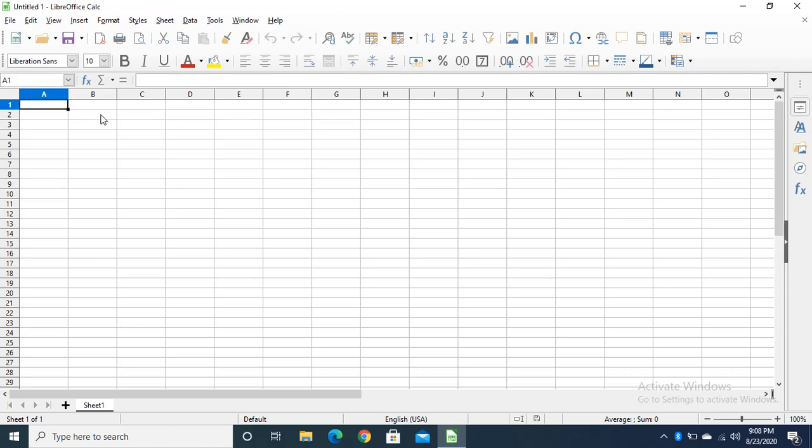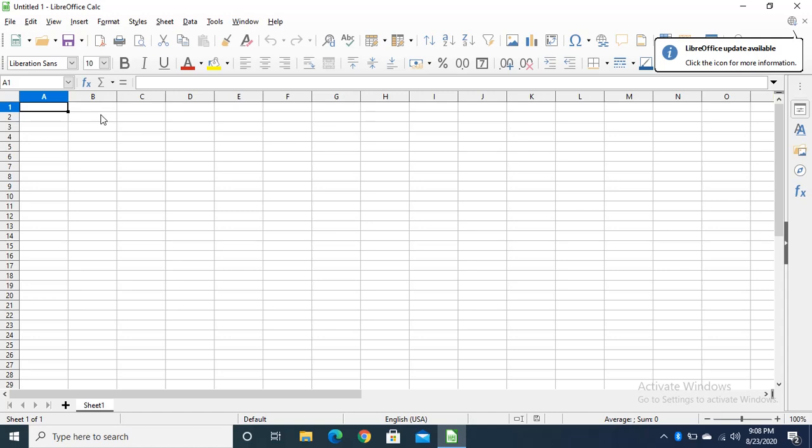Okay, next is LibreOffice window. This is the window of Calc. Students, there is very minute difference between Calc we are using in Windows and Calc we will use in Linux, right? There is just a difference of view, appearance of software. Rest most of the commands are the same in Calc in Windows and in Linux both, right?